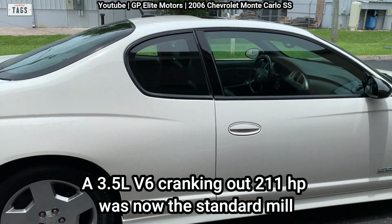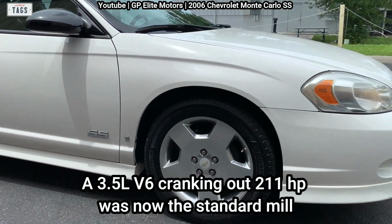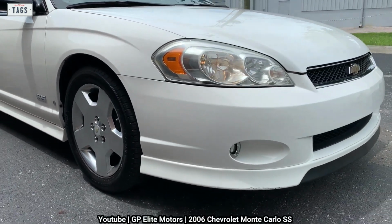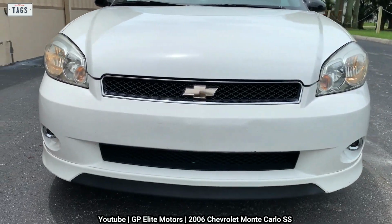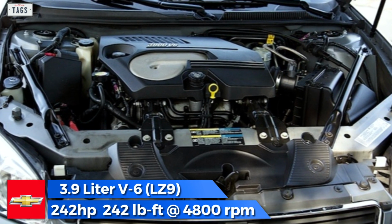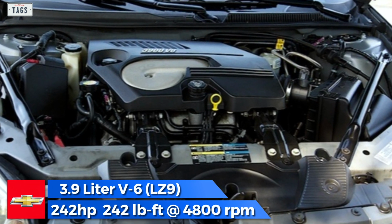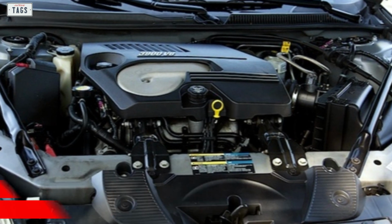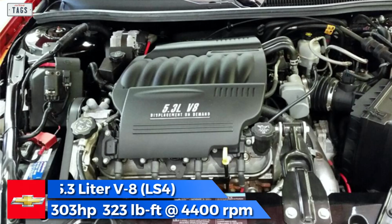A 3.5 liter V6 cranking out 211 horsepower was now the standard mill. A 3.9 liter engine was also available for 2006. The LZ9 3900 utilized variable cam timing technology and generated 242 horsepower and 242 pound-feet of torque with a wide torque curve. Interestingly, the SS models was now